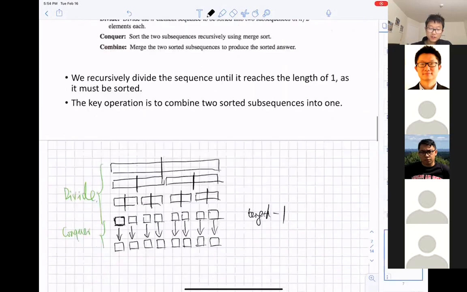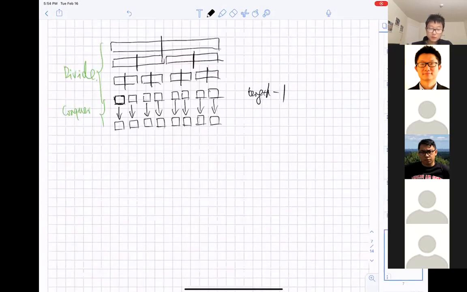Similarly over here, in the combine step, first we are going to combine the first 2 sorted subarrays into a longer sorted subarray. Originally we have two small arrays, each of them only includes 1 number, and each of them is already sorted.